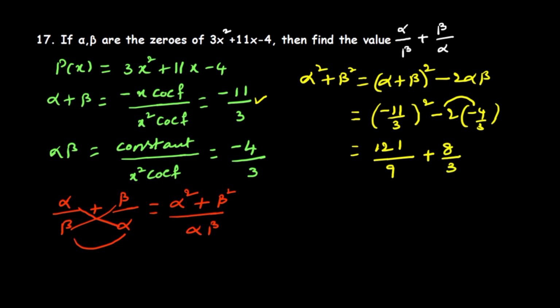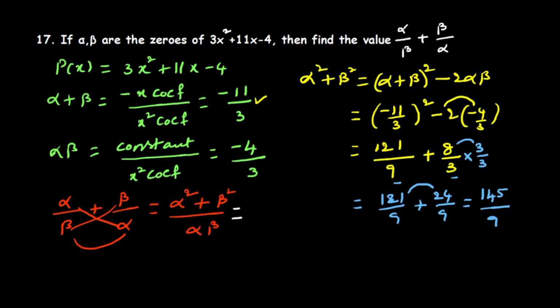Okay. So to convert into the same denominator, like fraction, I am going to multiply by 3 by 3 because here I have a 9. So to get 3 as the 9, with the 3 I have multiplied. Then what I will get here, 121 by 9 plus 8 3s are 24 by 9. So 121, now you can add directly both numerators. 121 plus 24, 145 divided by 9. So here I am going to substitute that value. What is alpha square plus beta square? This is 145 by 9.